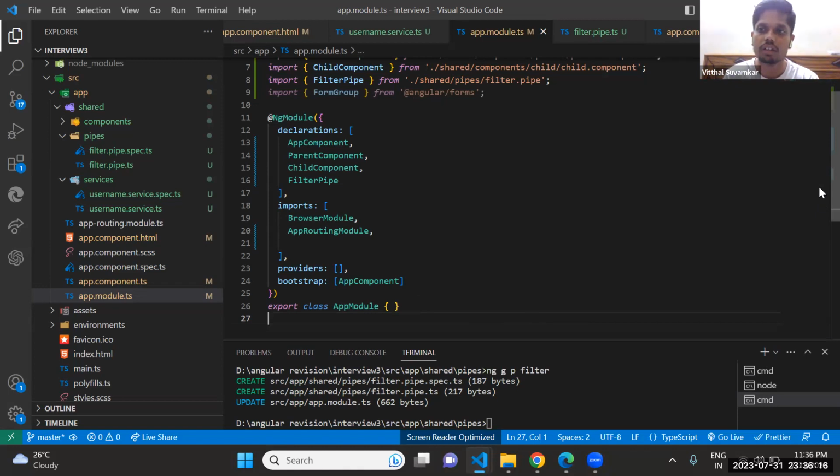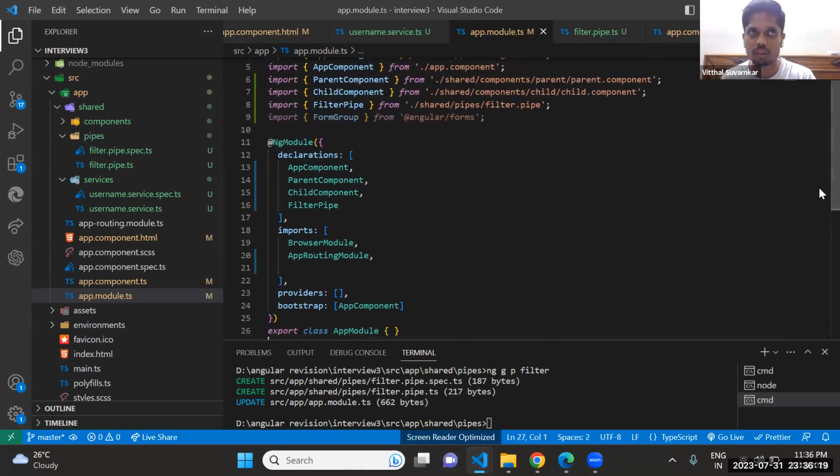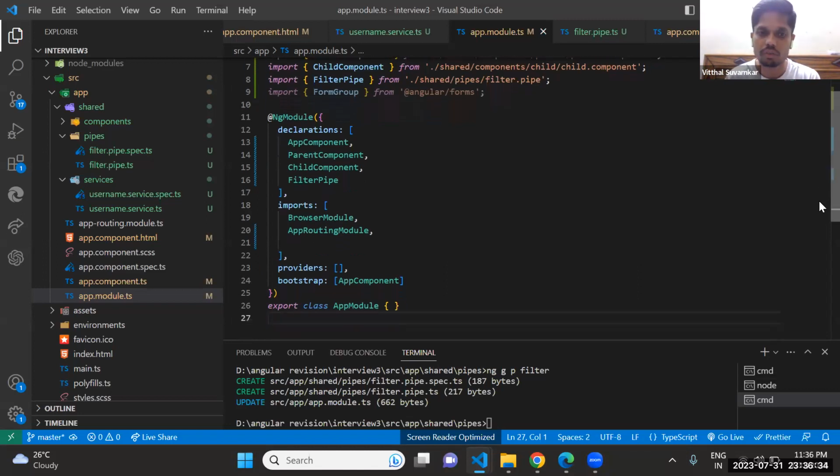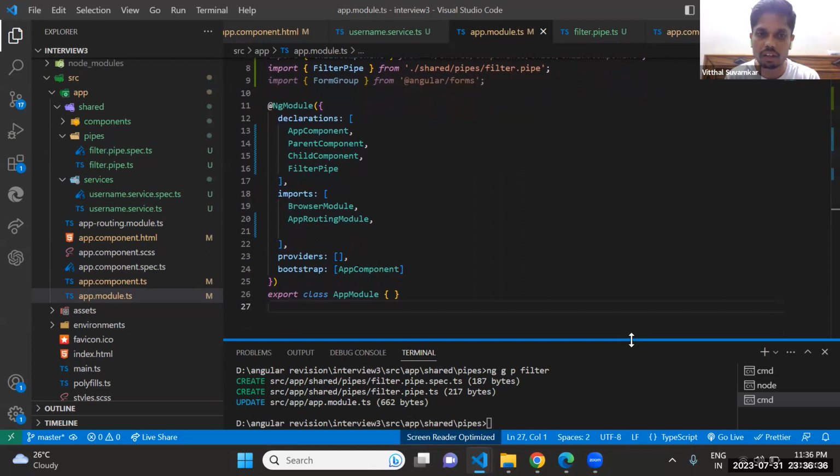There are two types of loading in our Angular application, one is eager loading and the other is lazy loading, sir. With the help of lazy loading, we can.